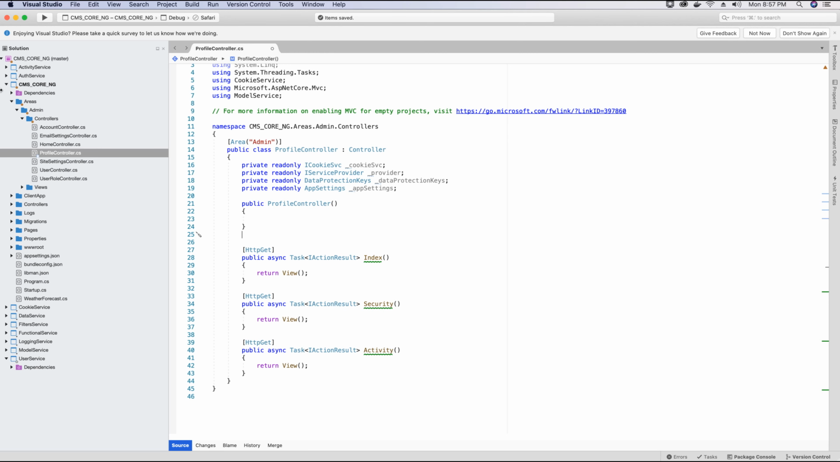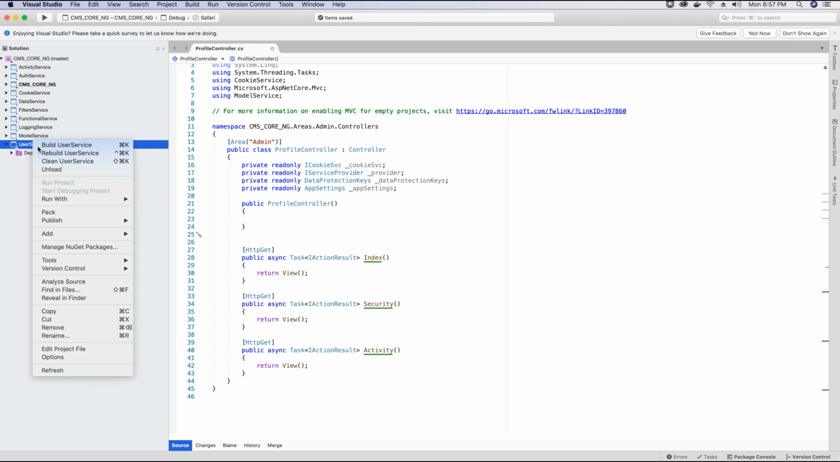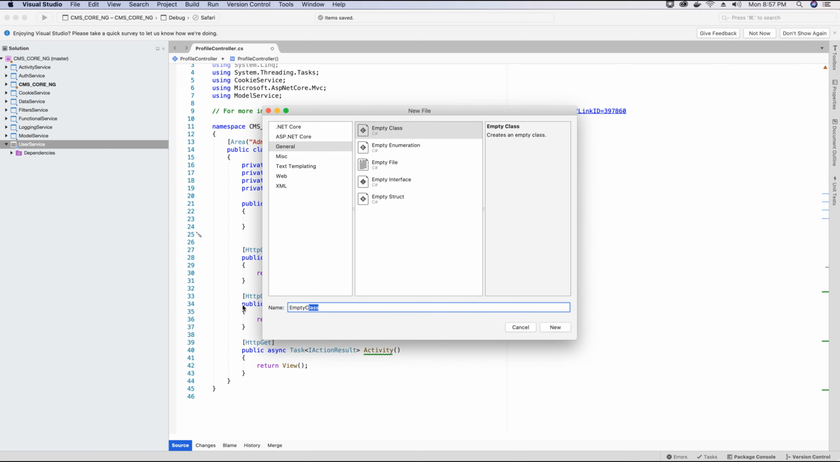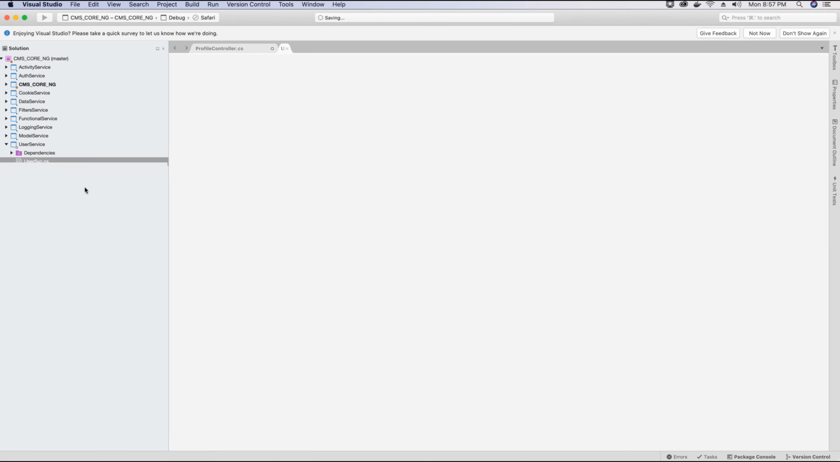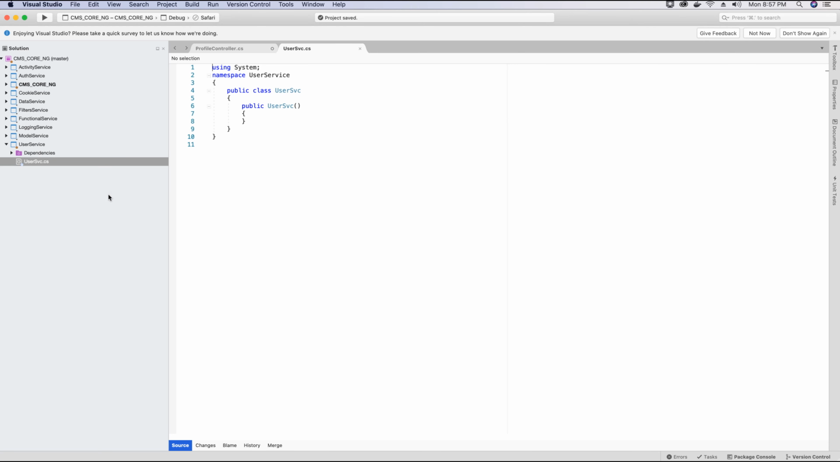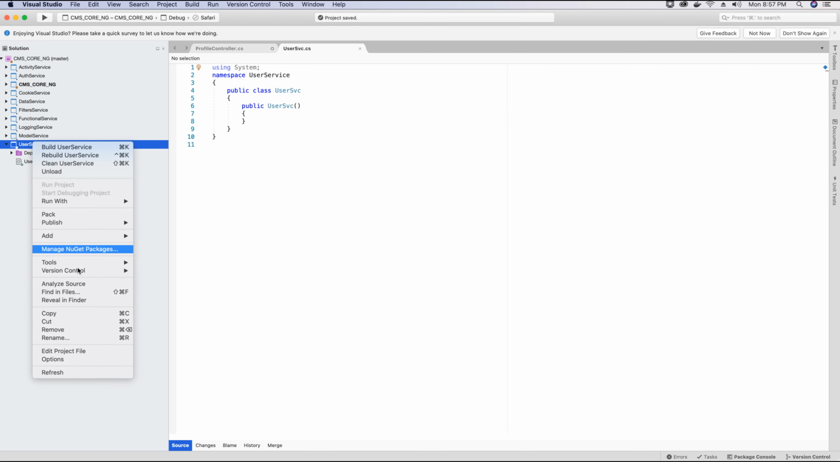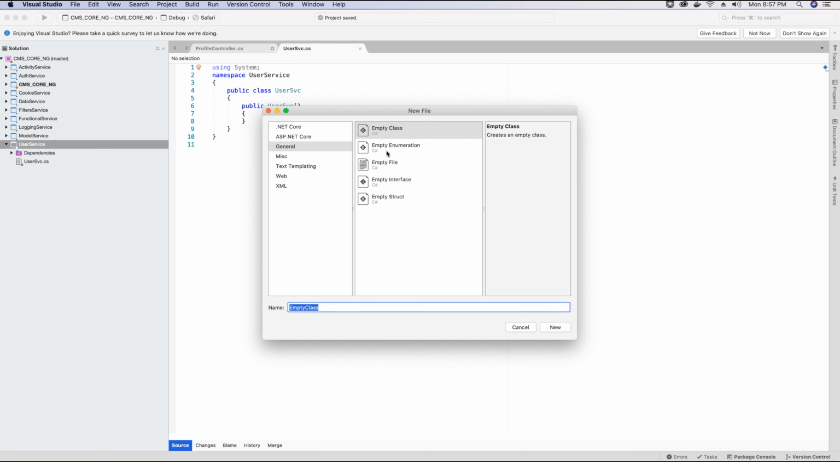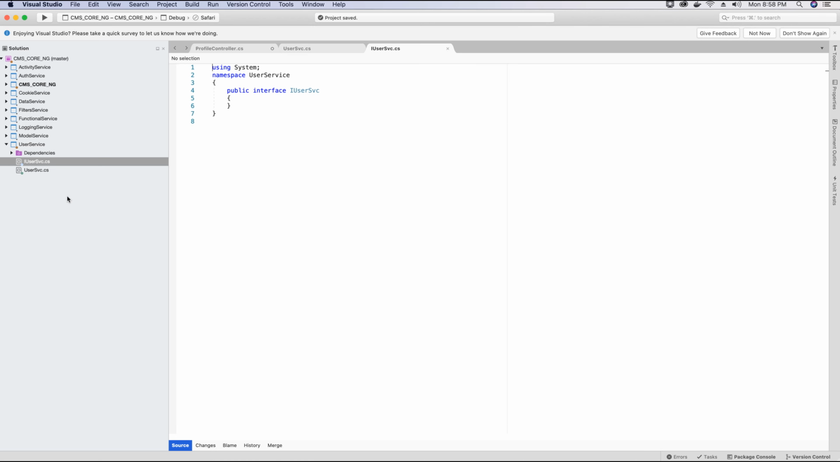Now let's go ahead and add two more classes that we would need. We would need a class called UserSVC, and we need to also add an interface that will extend this class. So let's go ahead and add an interface. We'll call this interface IUserSVC. Now let's make sure that the user class